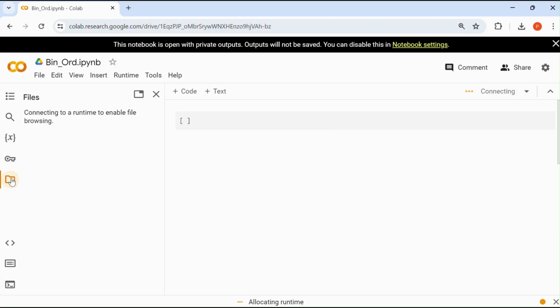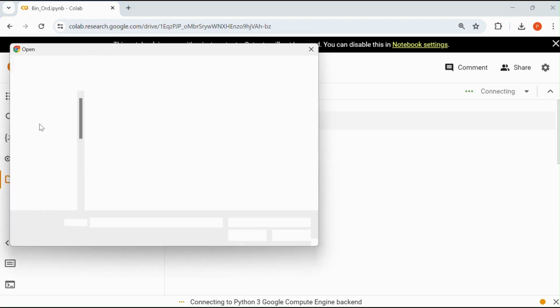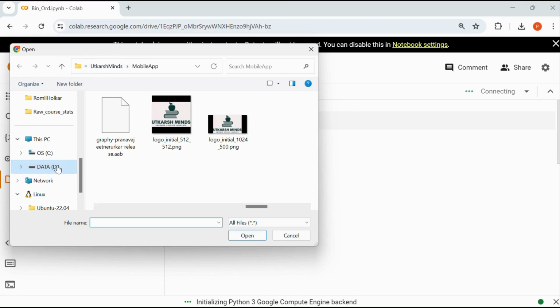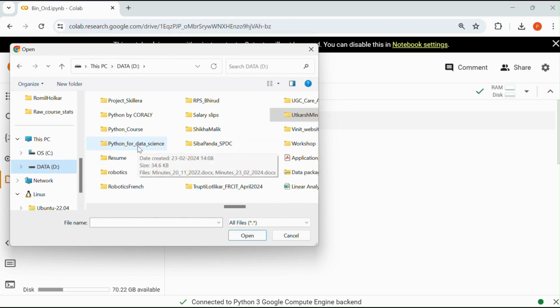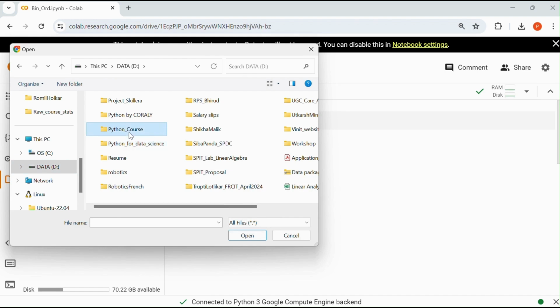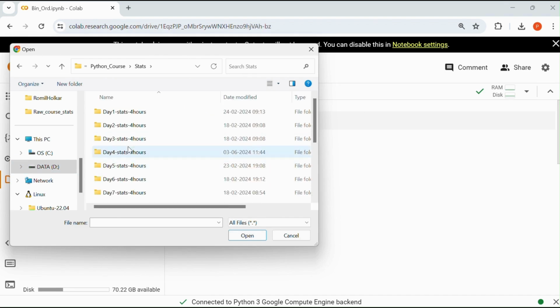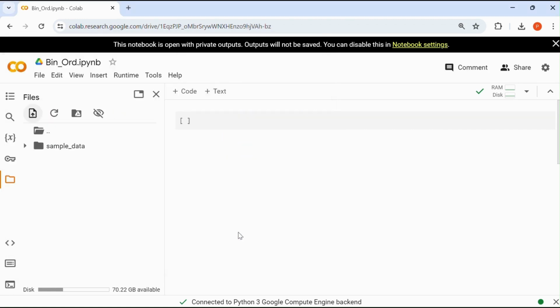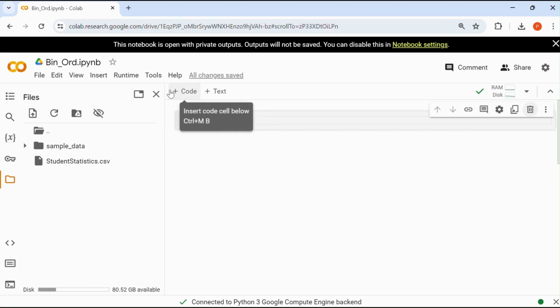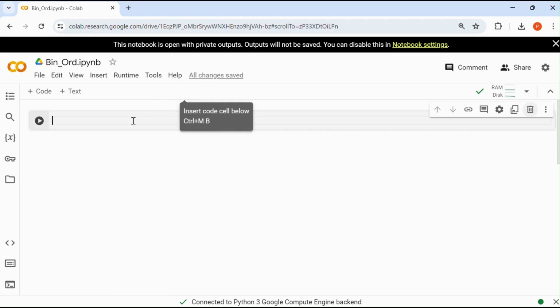Further, I will need the data set, so I will upload the data set here. The name of the data set is student statistics. Next, once I get my data set uploaded, I will start writing the program for my binary versus ordinal hypothesis testing. In that, step 1 is to import